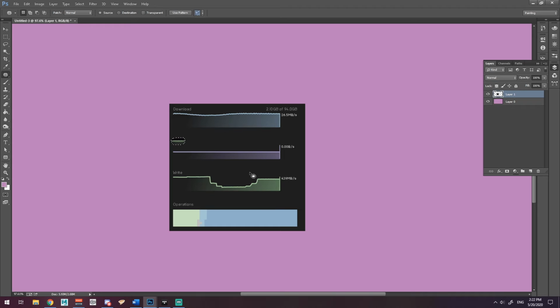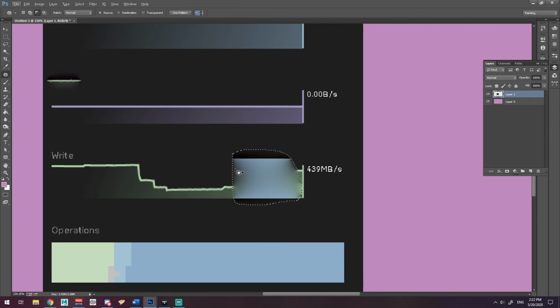Let's see if we can get a better example of this. So this time I'm going to try and patch this green here along with the blue down here and see what we get. See, it doesn't work as good as you would imagine. It's taking the patch from here and then trying to stick it and make it blend with the green here. So